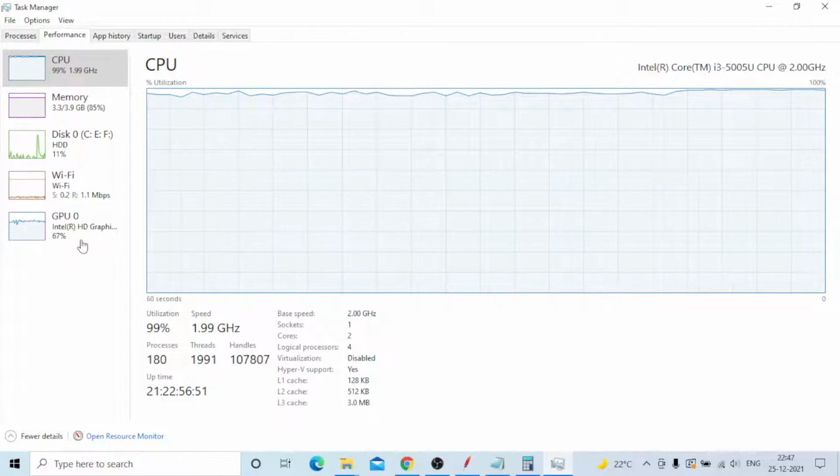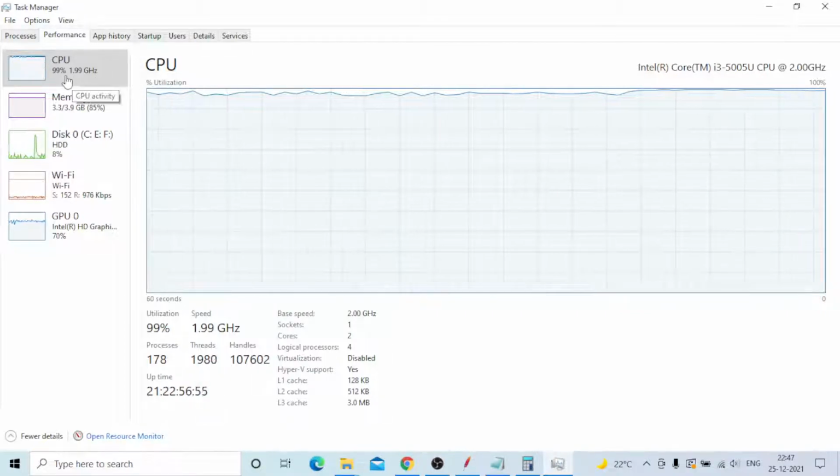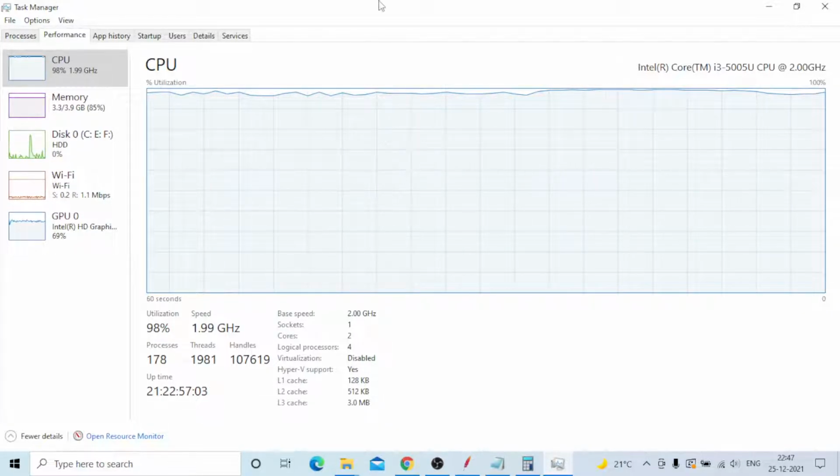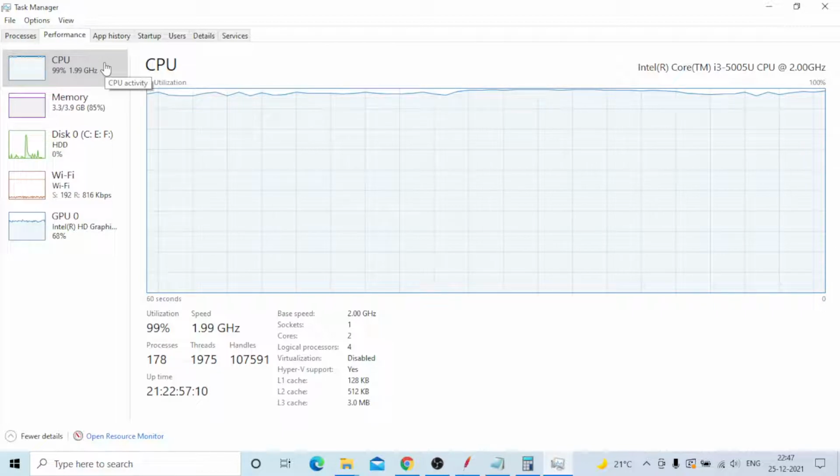And the main one, CPU. What is the CPU utilization? You can see 99% of CPU utilization. It's very dangerous. Okay, this is a demo test now, I will run this one. It's not a problem, it's only from my system point of view. But on the client side, some metrics and SLA will be provided.